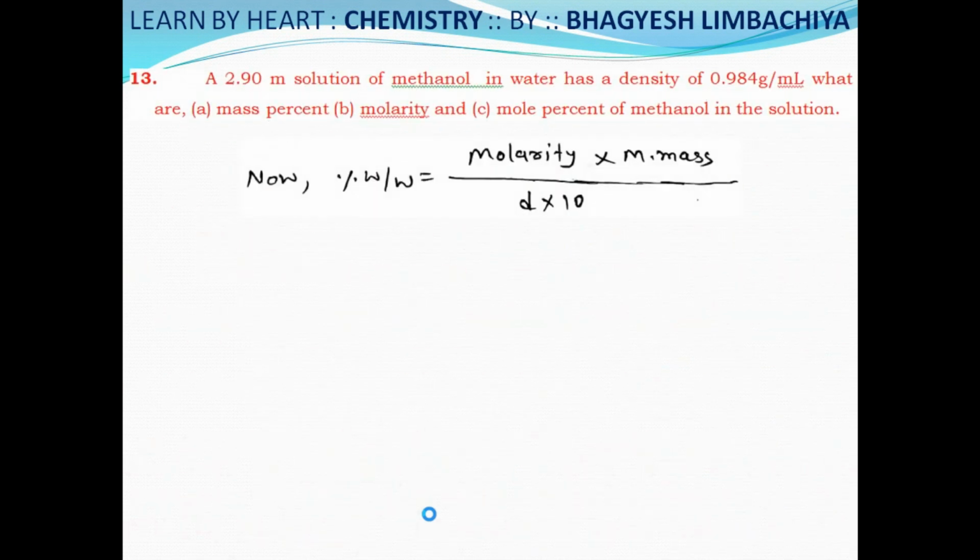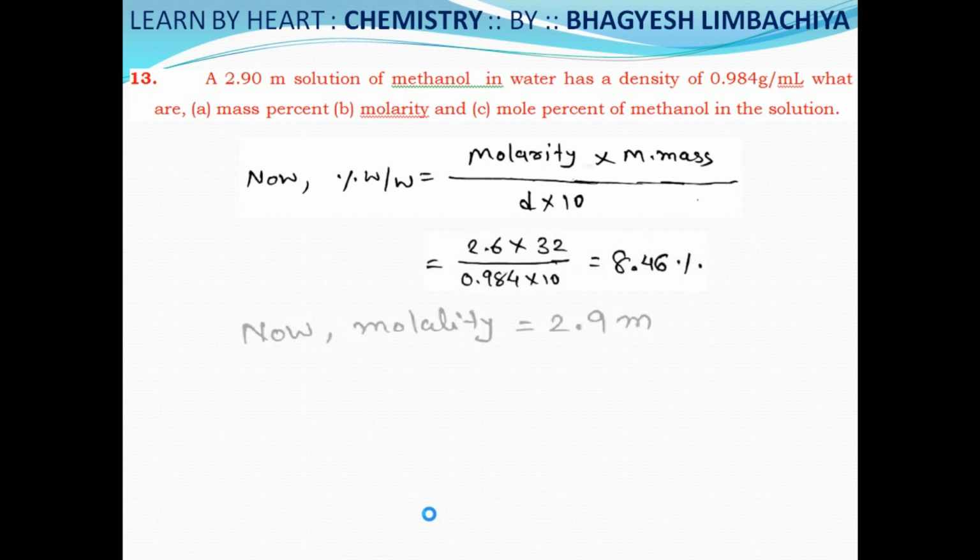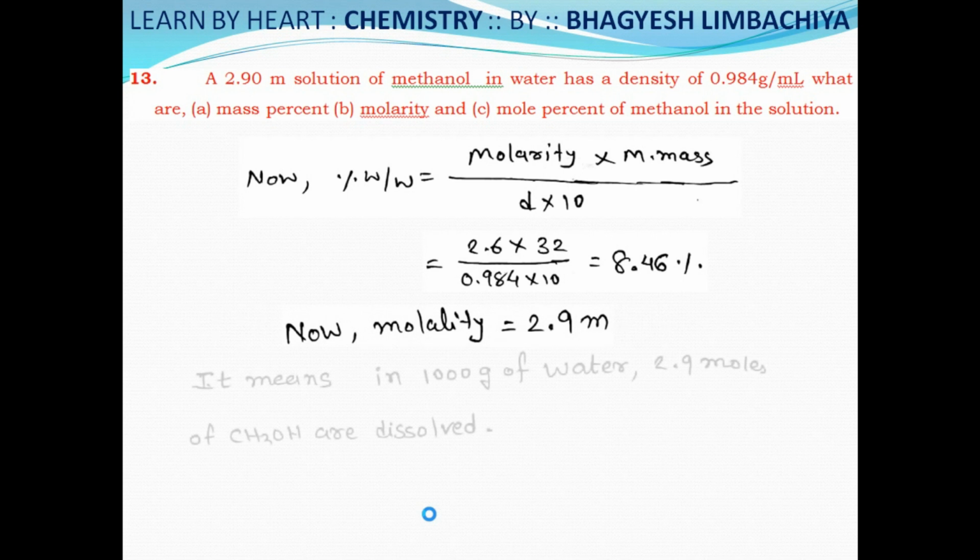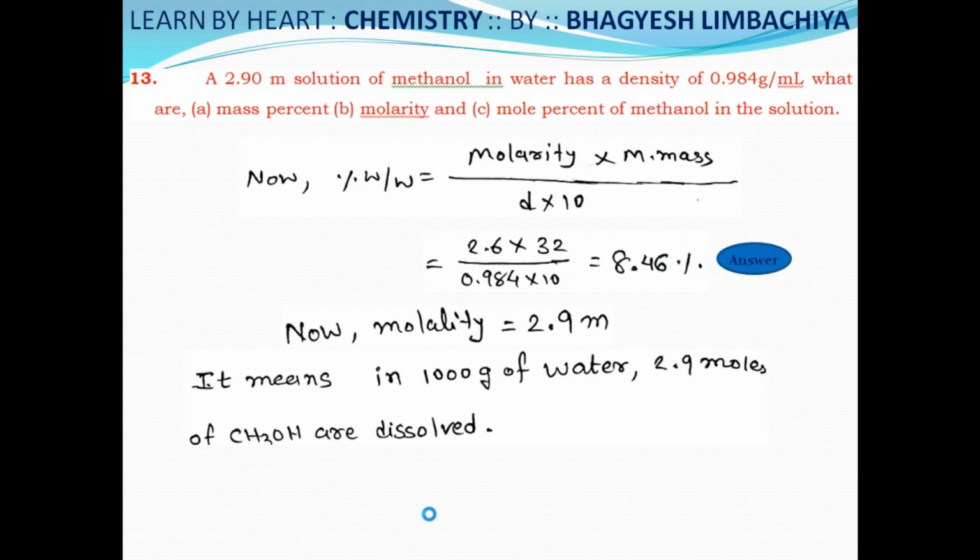Next, percentage W/W has a relation with molarity, and it is as follows. Then by putting the values, we can calculate percentage W/W. Then molality is 2.9 molal. So it means 1000 gram of water contains 2.9 moles of methanol. 8.46% is the first answer, and